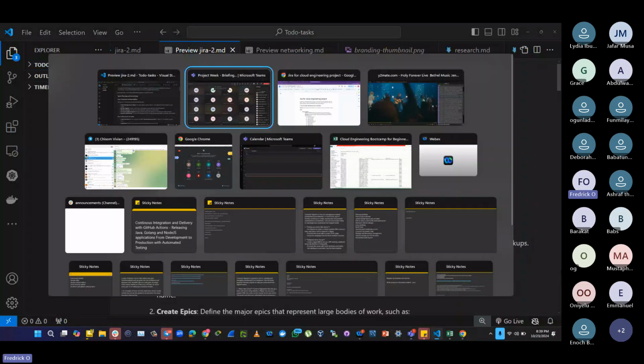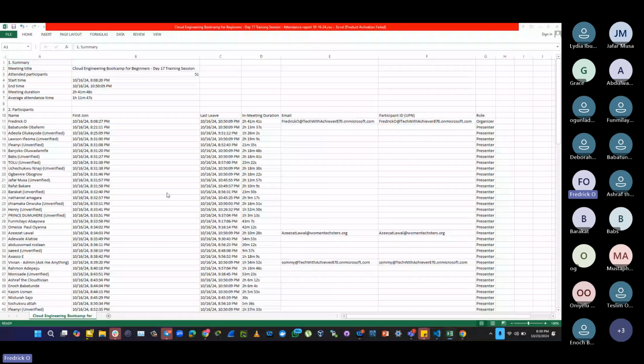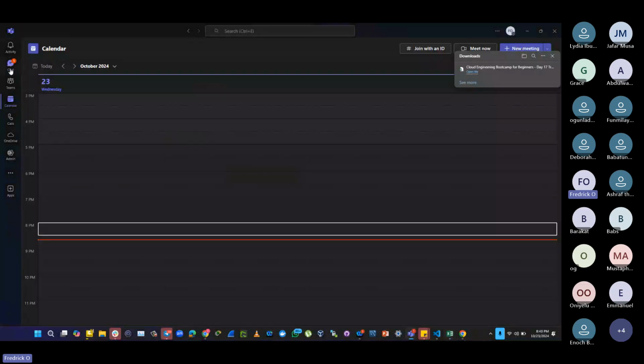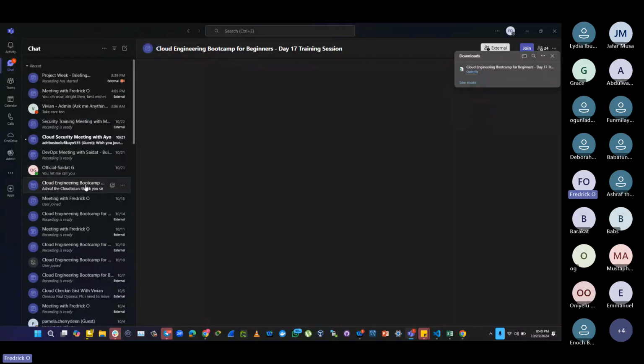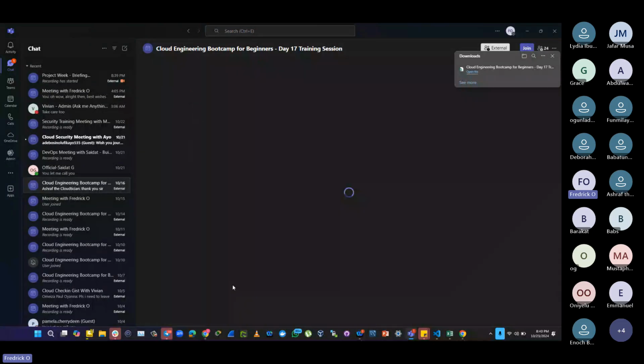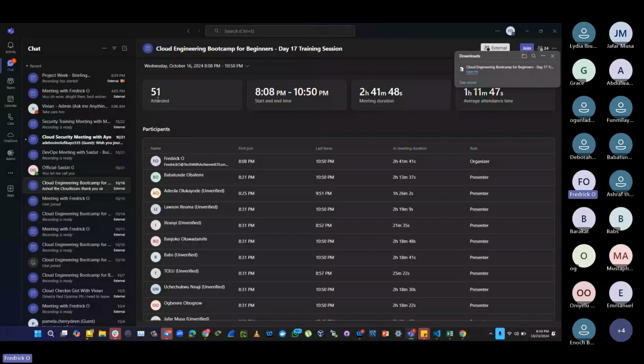In the last session we had, if you all can see this, we had a total of about 50% here. Let me show you from here so you can see it. There's a way we track the attendance. This is the last session we had, the cloud engineering D17 session. If you watch here, there's something we call attendance. If you click the attendance, you will see a total of 51 persons, excluding myself. Mrs. Vivian was not able to join the last session, which means a total of 50 persons attempted to join the session.